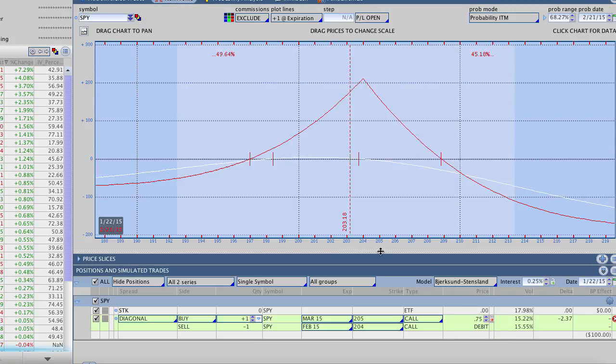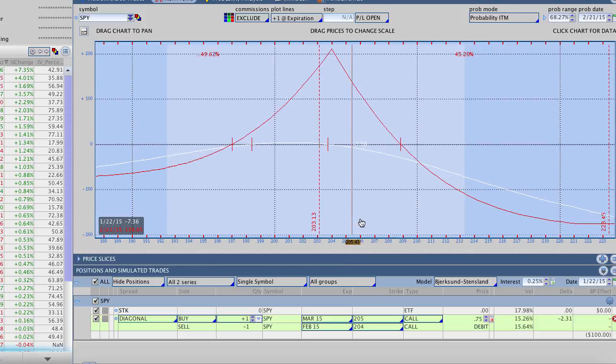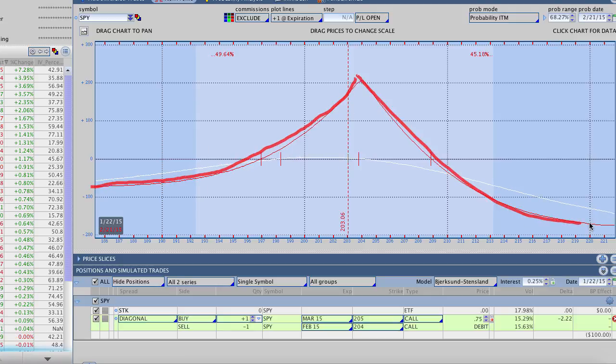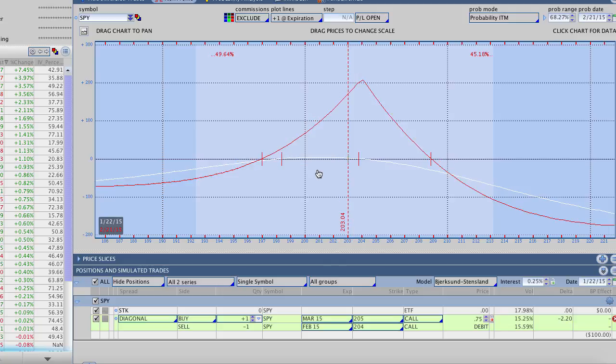Now when we go to the risk profile, you can see it generally looks like what we had on the screen. It has a very similar shape to a calendar, but there's less risk to the downside here because we're playing this a little bit directional, like a credit call spread above the market. With the stock trading just about 203 right now, it has a very wide profit window, but again, it's definitely a little bit directionally bearish, because if the stock goes down, we tend to lose less money in this particular case.